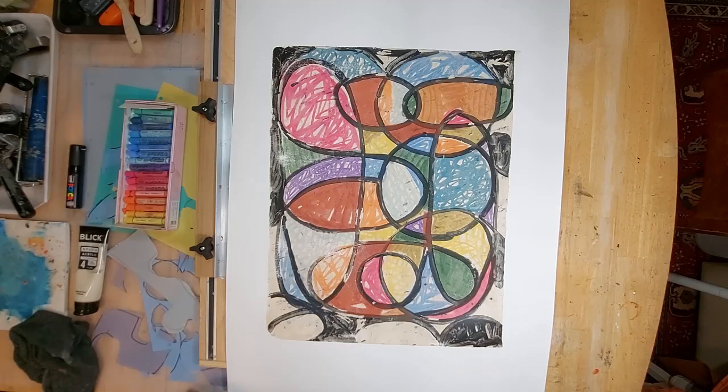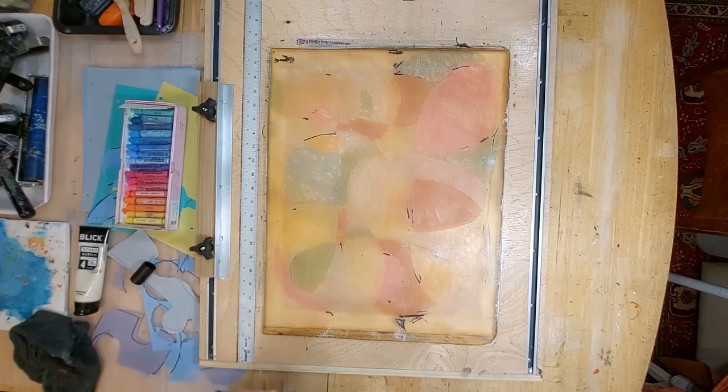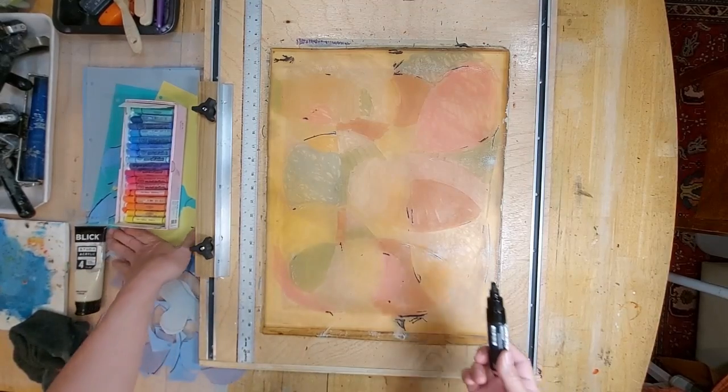Now I'm going to see if this needs anything else. If it needs even another layer, I don't know. But I will look at this and decide. So I'll be right back. I'm going to see what happens when I add